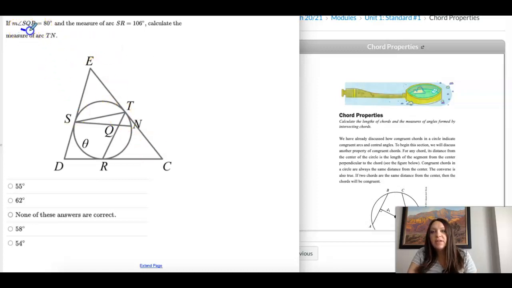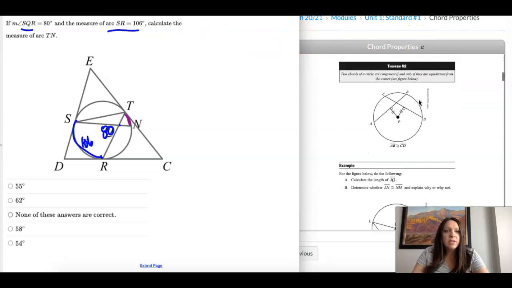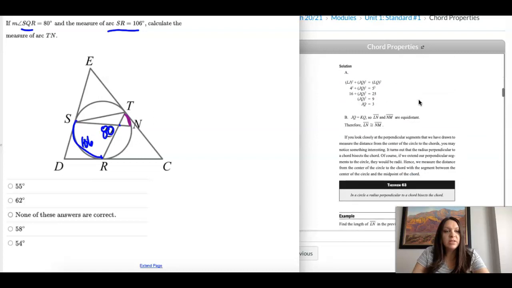The measure of SQR, that means this angle is 80. And then the arc SR, which is labeled theta, is 106. So we want to calculate this arc over here. Okay, so there's a theorem to help us with this in the notes, and I think it is theorem